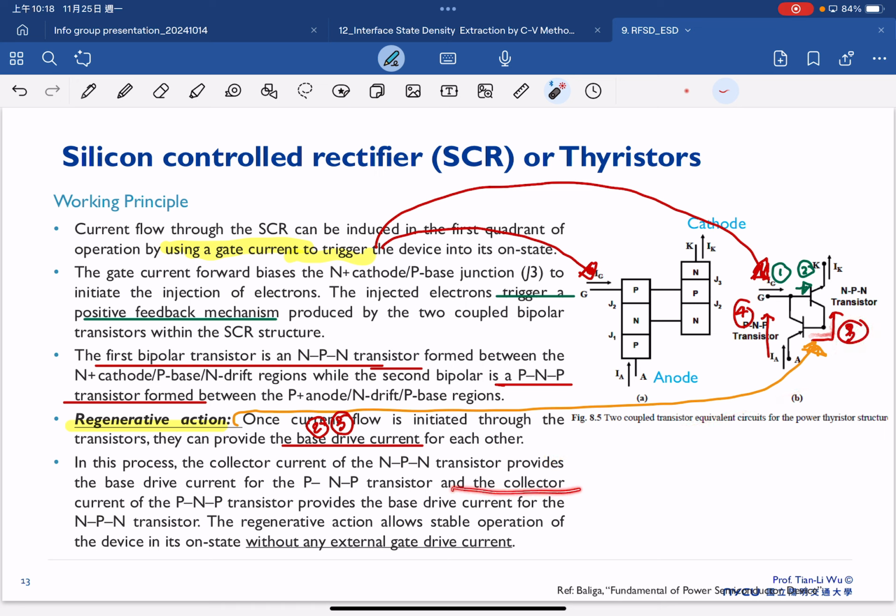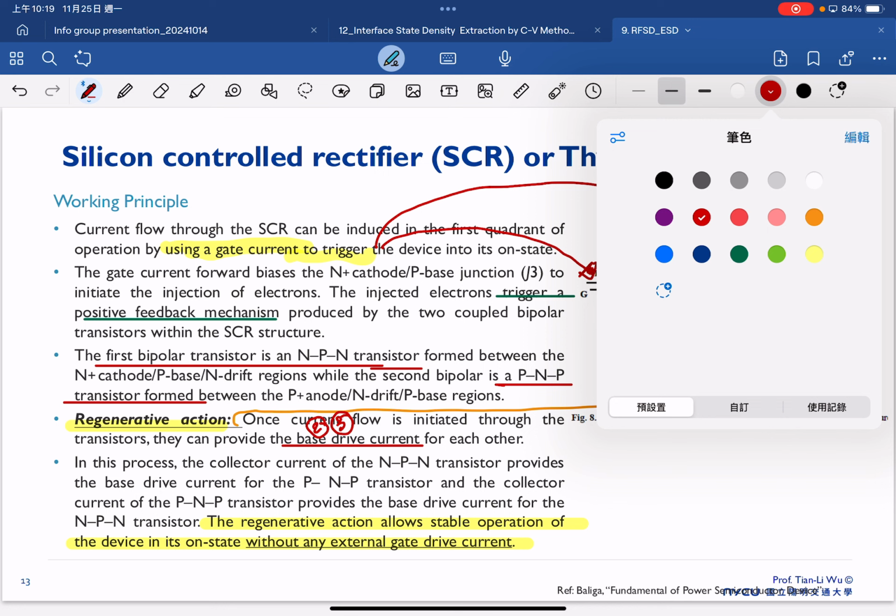And then the collector current of PNP provides the base driving current for the NPN. So these regenerative actions allow the device to stay stably in the on-state without any additional gate driving current. So that's why